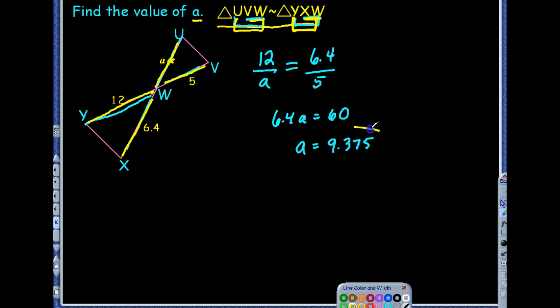All right, and think about, does this make logical sense? If this was 9.375. Well, yeah, because I know it's less than the piece that it's corresponding with, the 12, just as the 5 was less than the 6.4. And I also noticed that the 6.4 was smaller than the 12, so the 5 should be smaller than our 9 point. So within those triangles,